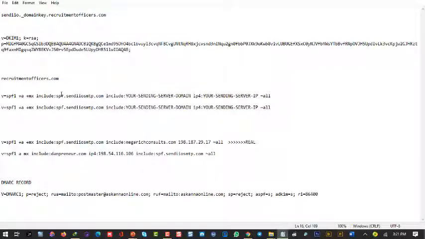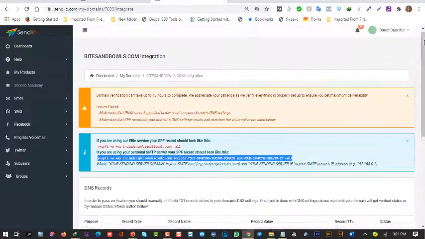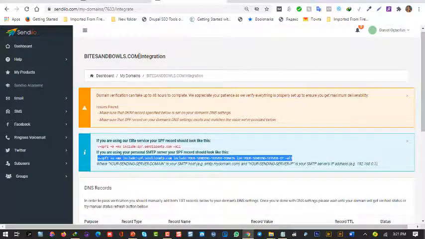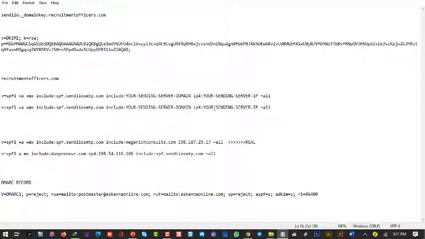So we are going to configure it to look like this. Okay, the first thing you do, you see all here is there. See here, include your sending domain name. Now the particular domain name I am talking about, we are interested in, is Bytes and Bows. So you come here and just configure everything first using a